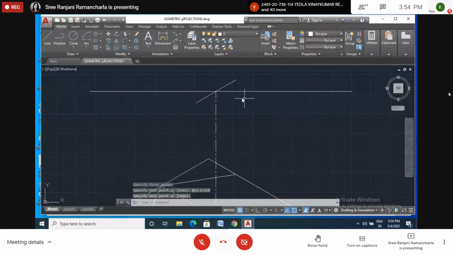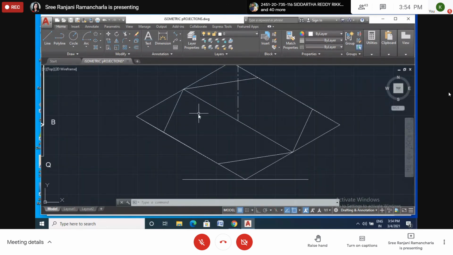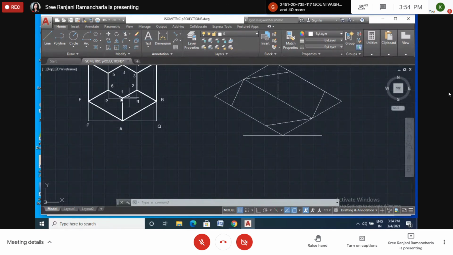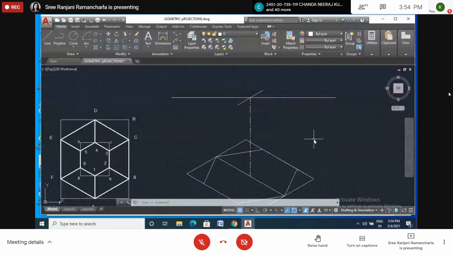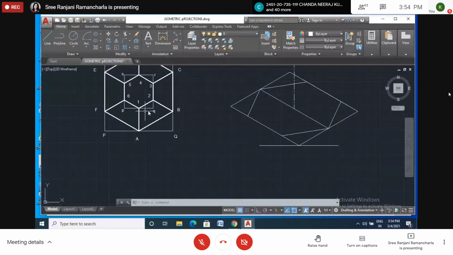Now this I can copy. This I can copy here, this side and this side. But how much distance from the center, we don't know. So for this one we have drawn. This direction we have drawn. So this is point P corner. This is point P. And here you will get a small point p.